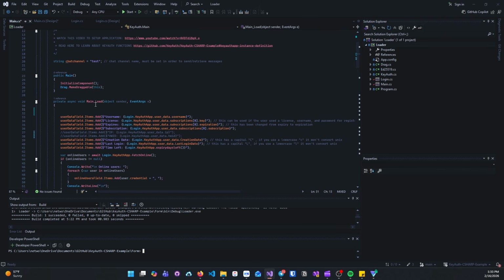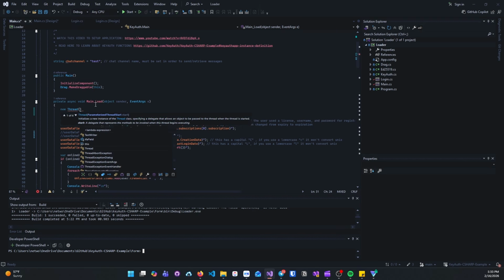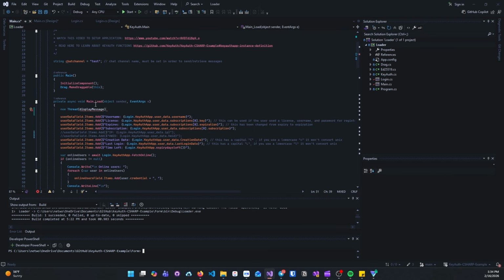I'm going to start a new background thread. You can do this a few different ways, but I just found this to be the less confusing way and make sure I don't lose you guys. So I'll do new thread, and then I'm just going to name this display message. You can put any name that you want here, it does not matter, but all I'm doing is displaying a message on the app by pushing a button on the website. So I'm going to do start,